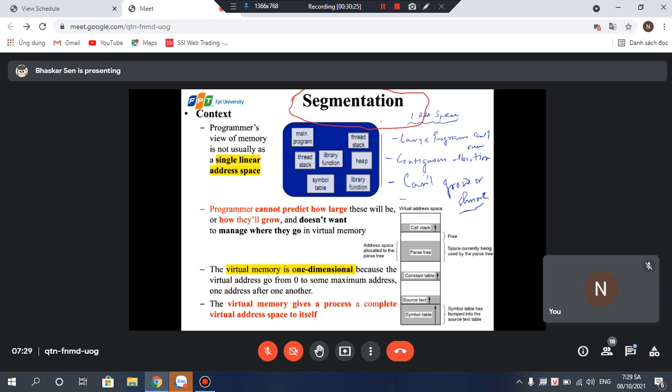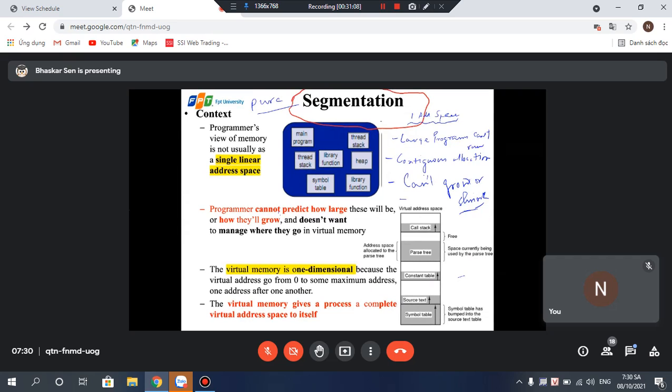So how can we deal with this? One way of dealing with this is, remember, at this stage we are talking about pure segmentation. How about if, even before we present it to the CPU, we could somehow break it down into multiple sectors or multiple segments? If we could do it, then probably we could resolve this issue.